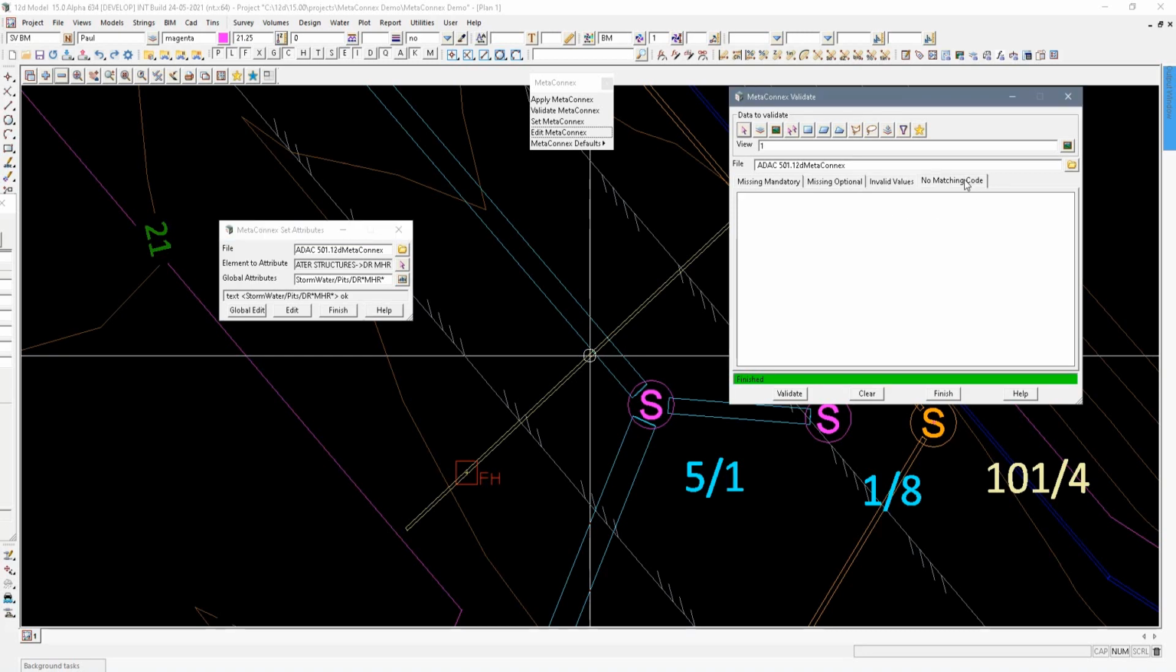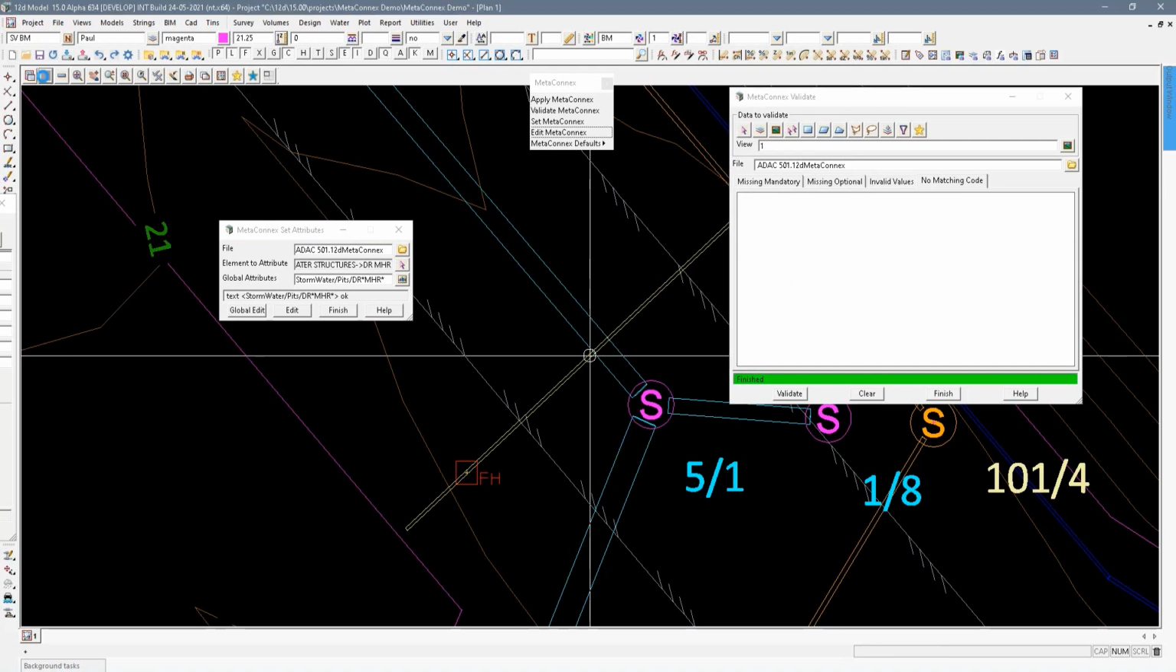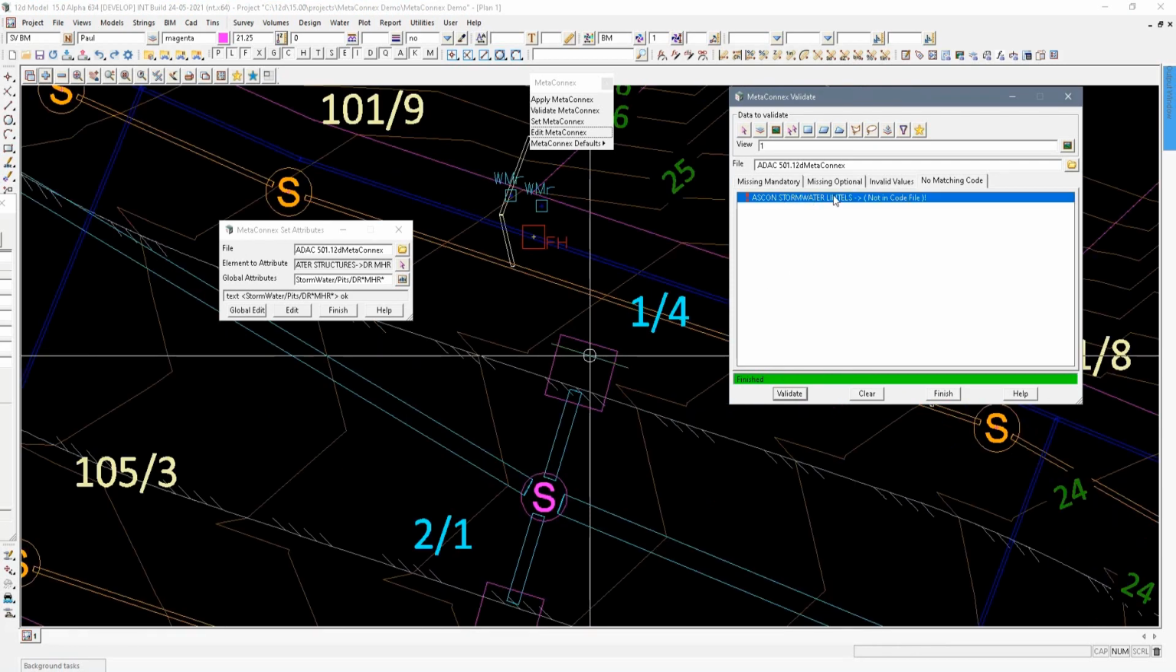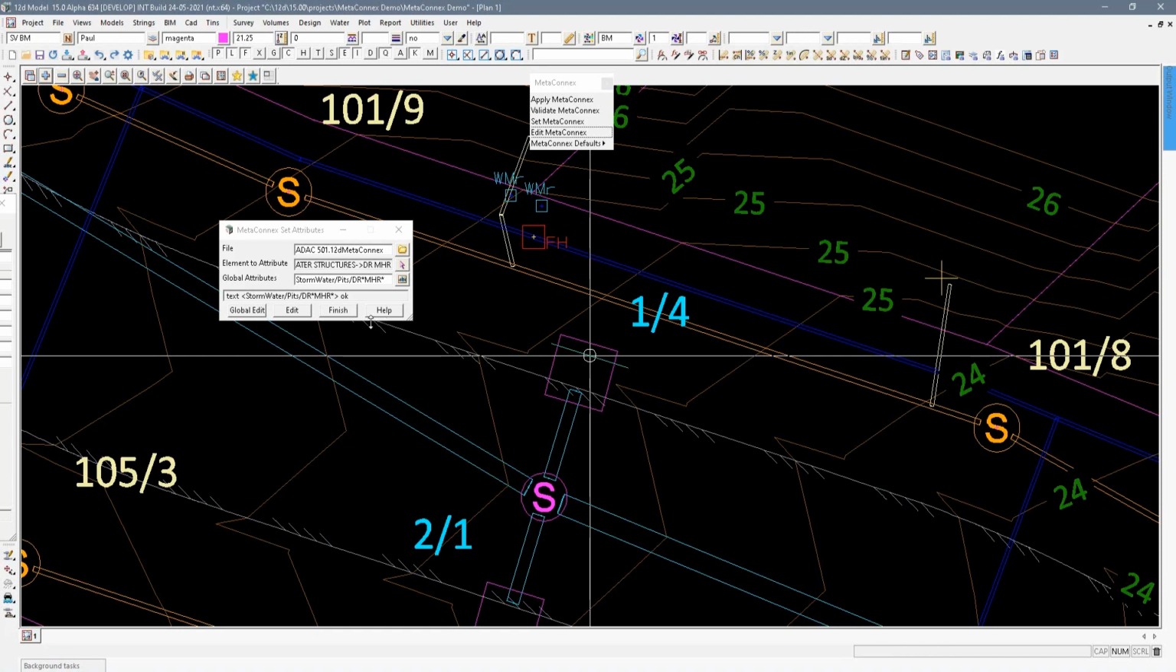And then also here you've got the no matching code, and that's the same as before. If I turn on the lintels here and hit validate, it's just warning me that this has no code information that it can validate against. Okay, so that's a quick overview of what's coming in MetaConnex in V15. So we'll just duck back to our